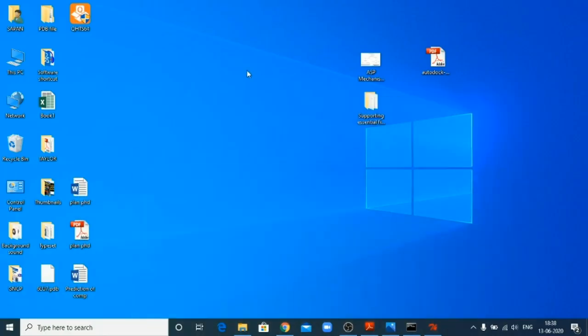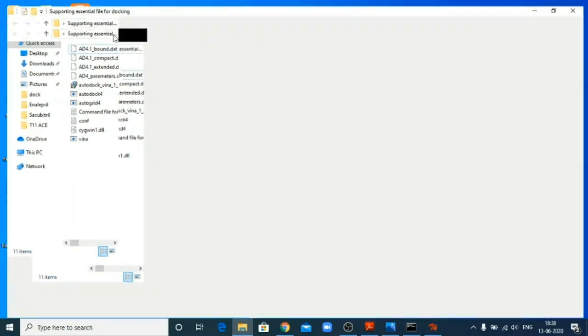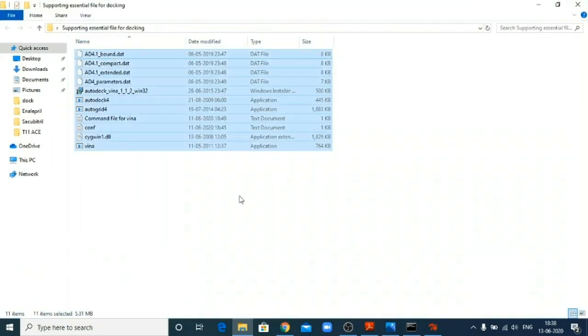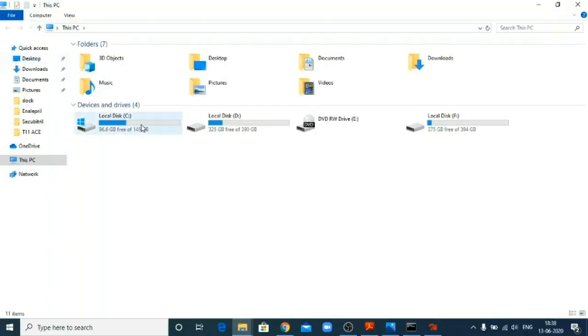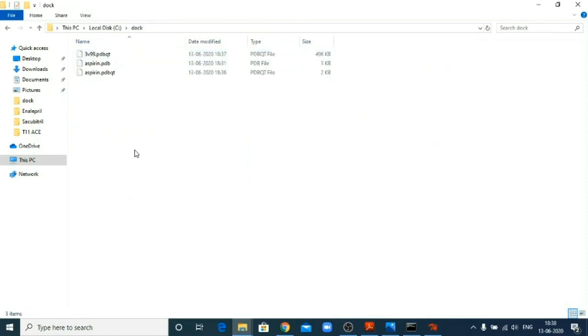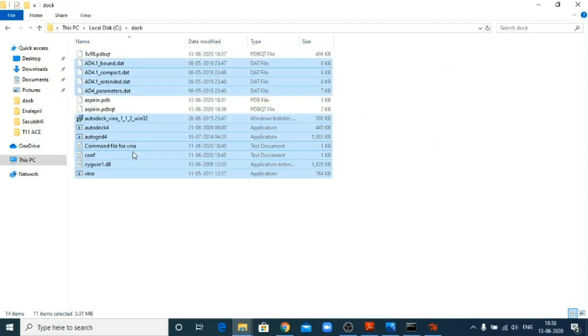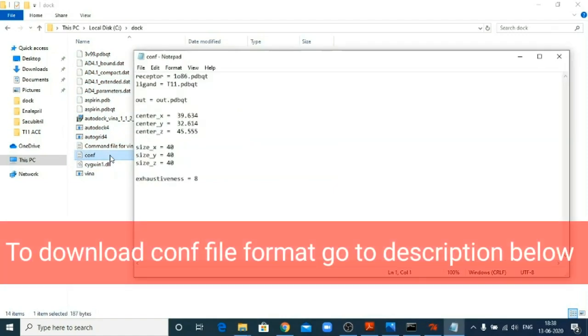For that, I have prepared a supporting file document. Just select all that supporting files by pressing Ctrl A, Ctrl C, and go to your C drive doc folder and paste, Ctrl V. Now in that I have also prepared a conf file.